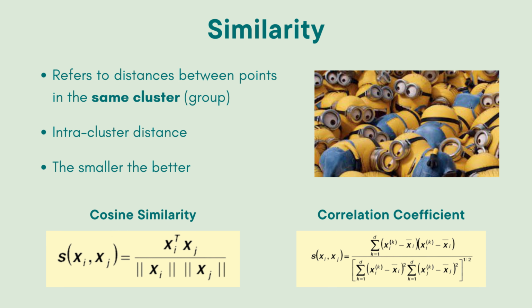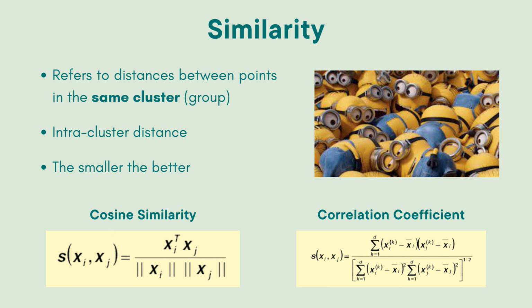Next, we are going to talk about the important properties of the clustering techniques, which are similarity and dissimilarity. Similarity refers to the distance between points in the same cluster. We might also refer to the distance as intra-cluster distance. Our goal is to get the smallest intra-cluster distance possible, and we can measure the distance using the cosine